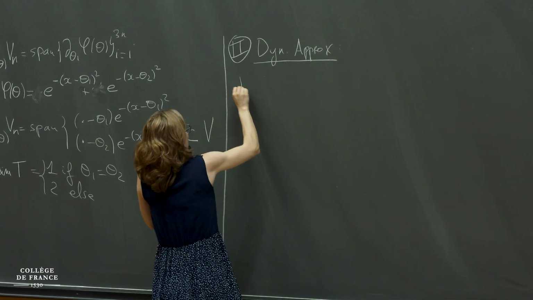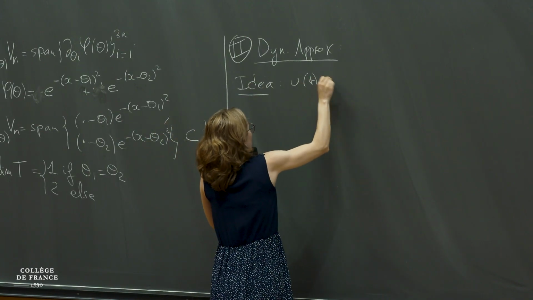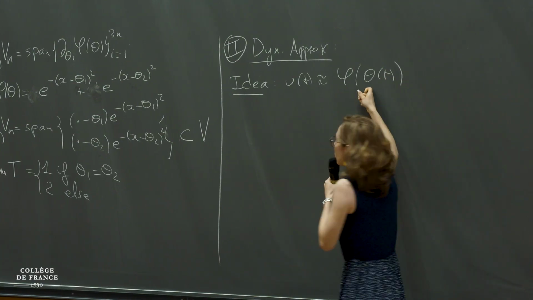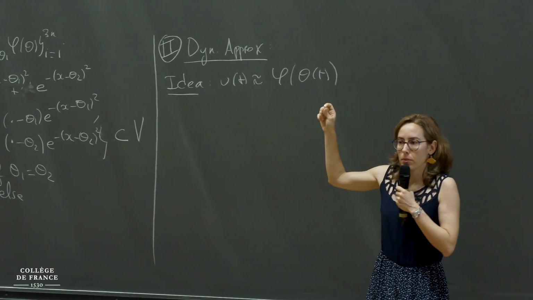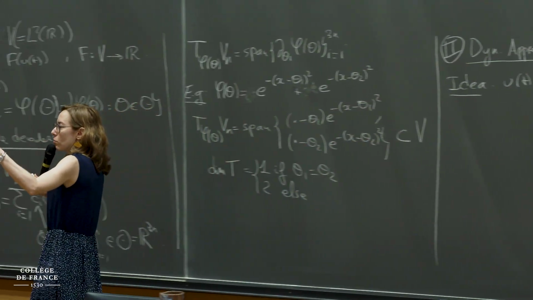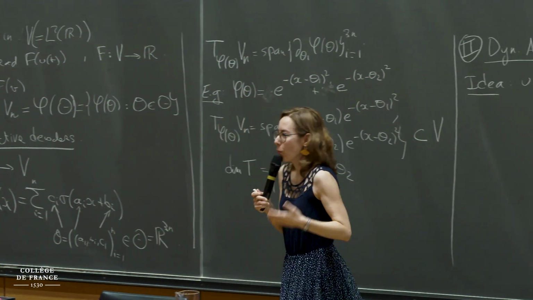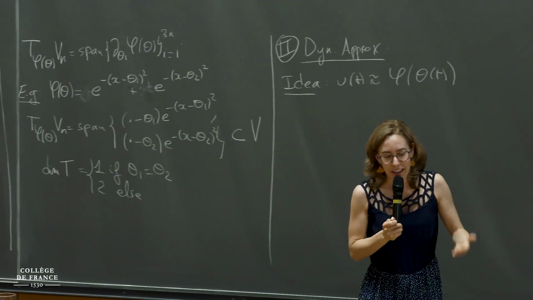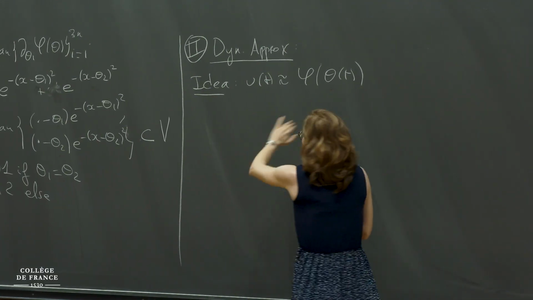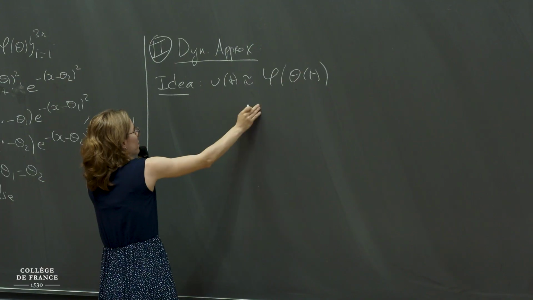The strategy is that I want to approximate u of t by a decoder whose parameters are going to evolve in time, okay? And so this idea, I saw it for the first time in one of Benjamin's papers, and I found it absolutely wonderful. And I got completely converted to it and passionate by it. And so also because I became obsessed by this thing that is going to happen, so this is the ansatz,